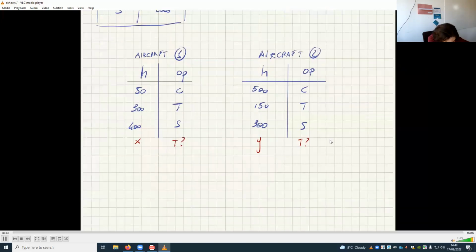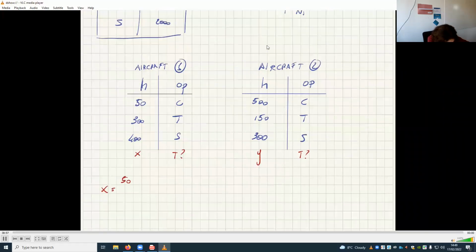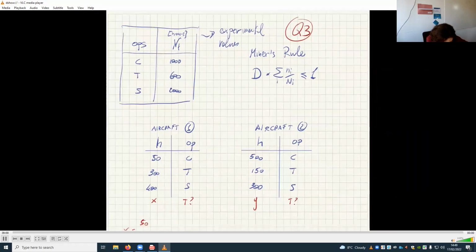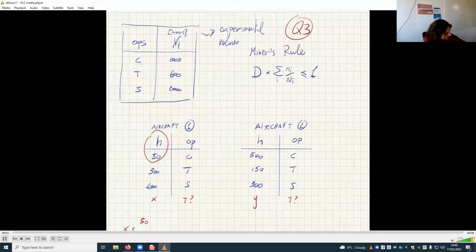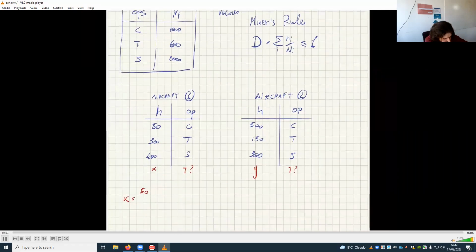And so X would be equal to 50. So this is the number of hours, effective number of hours, and these are the numbers of hours to failure for combat. So 50 over 1,000 plus,